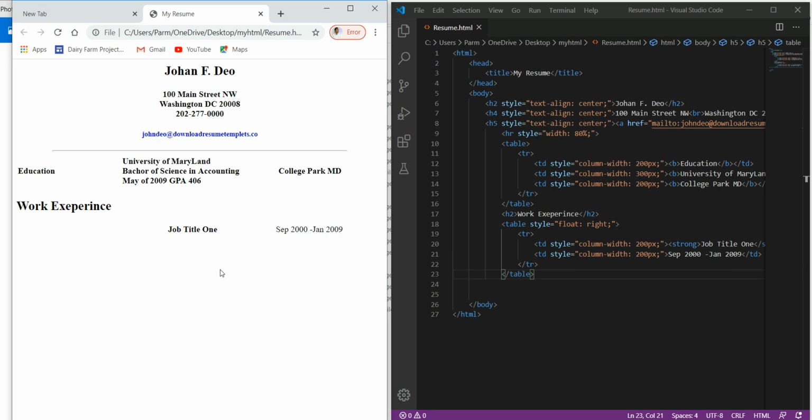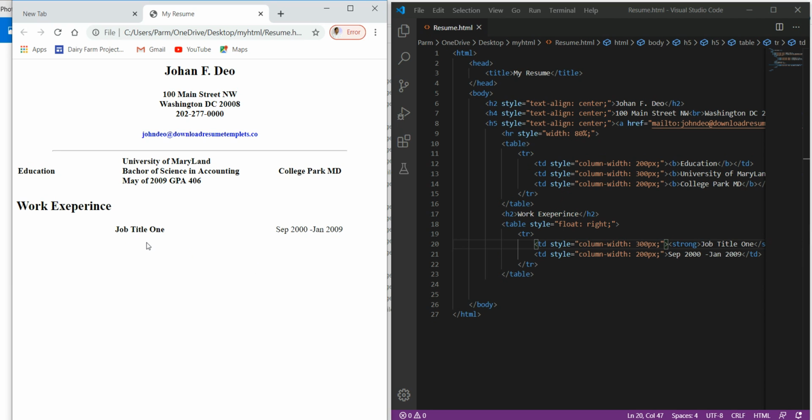Okay, so this way we can make it, say let's make it 300 pixels. So control S and save this. This will come somewhere here like this way.